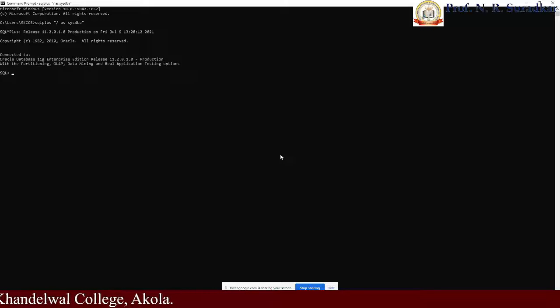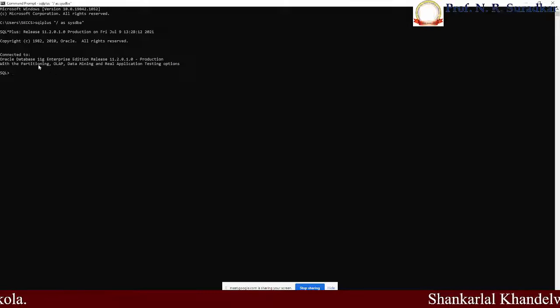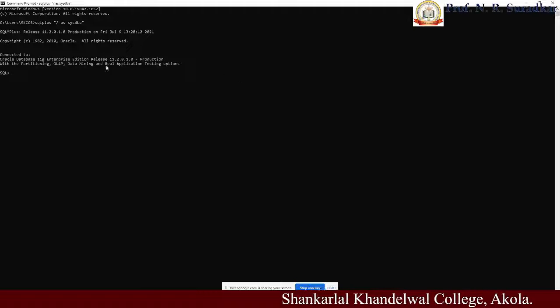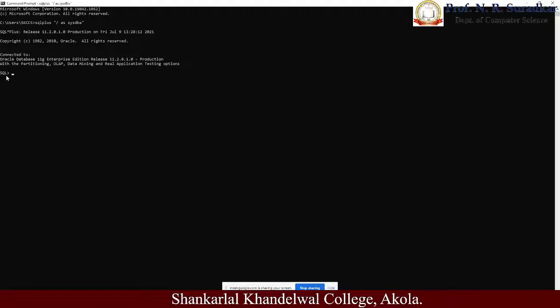Okay, this particular command is used to verify the SQL installation and states all the details. What is the message given here? Oracle Database 11g Enterprise Edition Release 11.2.0 Production with the Partitioning, Data Mining and Real Application Testing options. This means it is installed here properly. Then it goes to the SQL command prompt. It moves from C colon to SQL.